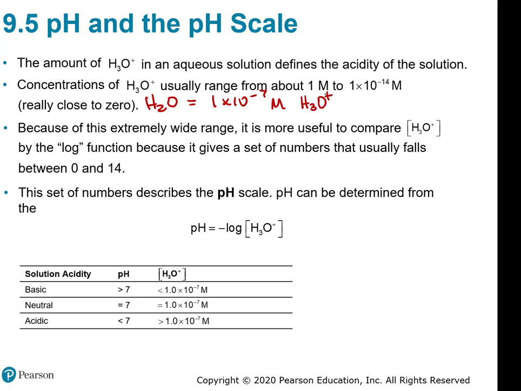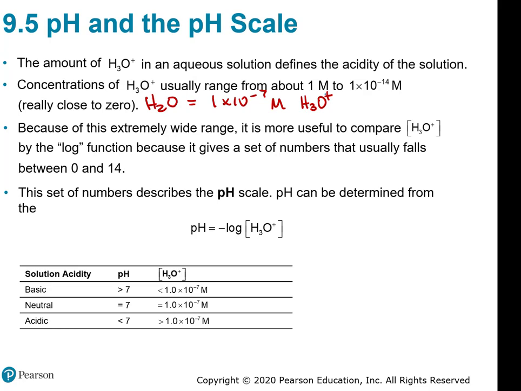So remember, molar is moles per liter. So that capital M is now a concentration. So trying to talk about concentrations of acids or bases from this 1 × 10 to the -7th, a really low concentration,